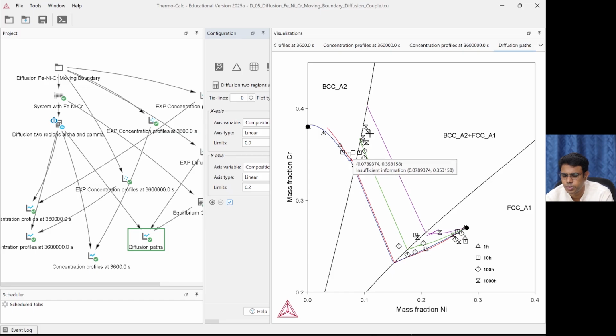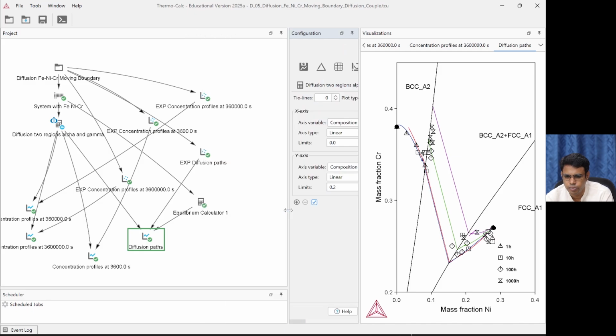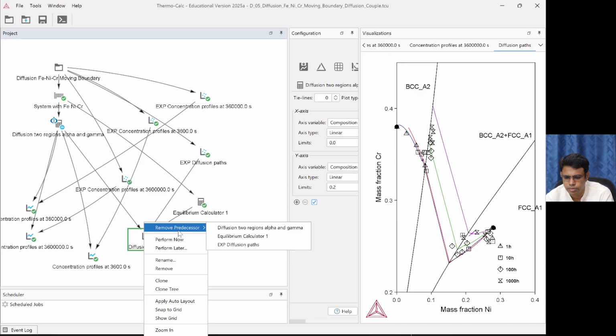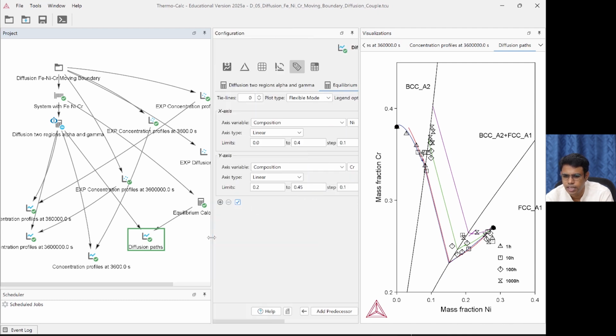So beautifully the experimental data is reproduced in the simulation. This experimental file has some particular formatting. If we remove that, then we can visualize this in the ternary diagram, triangular type. Let's do that. So remove predecessor experimental diffusion paths, and then select this triangular type and run.